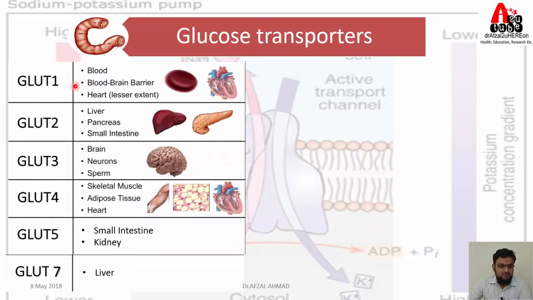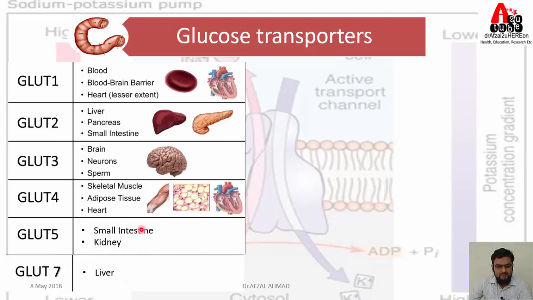Now what are the different glucose transporters in our body? There are more than 14 different types of GLUT transporter, but the important ones are these 6. We will see here. GLUT1 is present in the blood-brain barrier and heart, in the heart to a very lesser extent. GLUT2 is present in the liver, pancreas and small intestine. GLUT3 is present in brain, neurons and sperm. GLUT4, which is very important, is the exceptional one, which is insulin dependent, whereas the rest are all insulin independent. So GLUT4 is insulin dependent. It is present in skeletal muscle, adipose tissue and heart. GLUT5 is present in the small intestine and kidney, whereas GLUT7, the transporter for glucose, is present only in